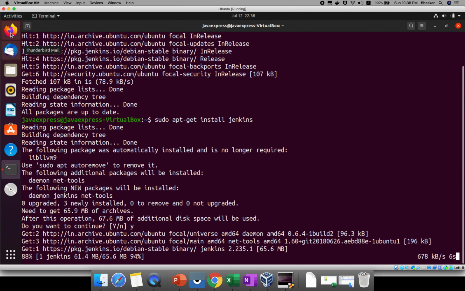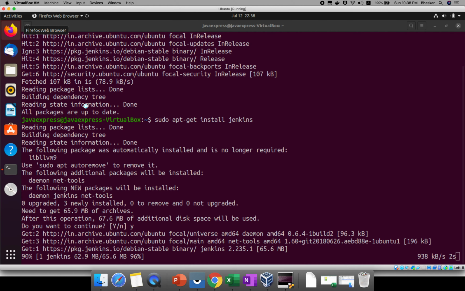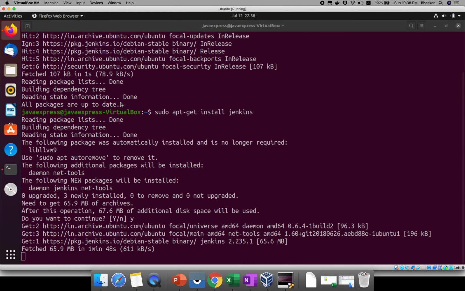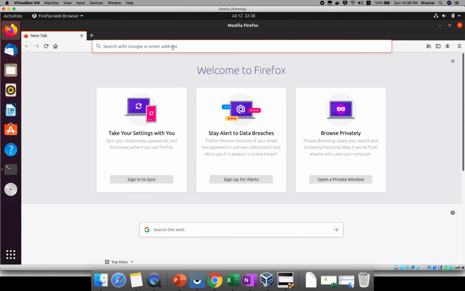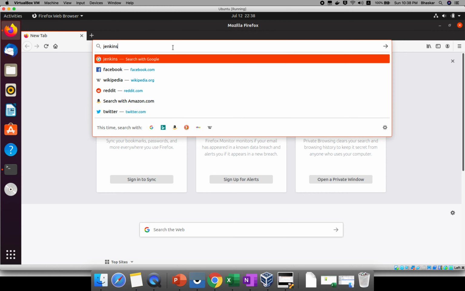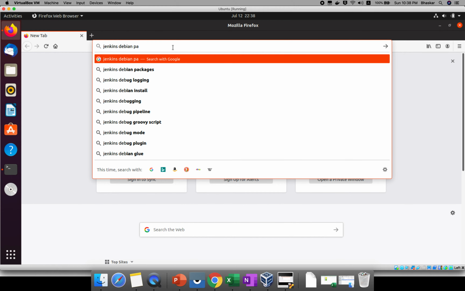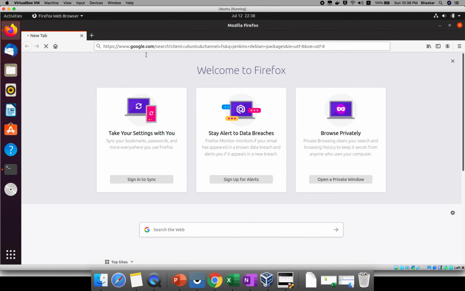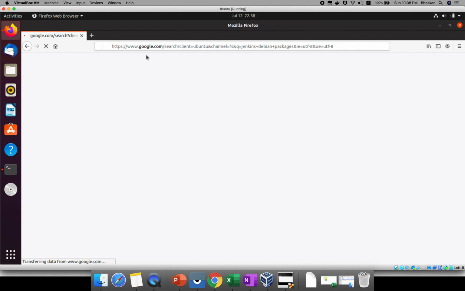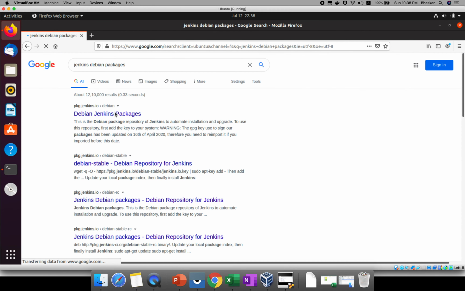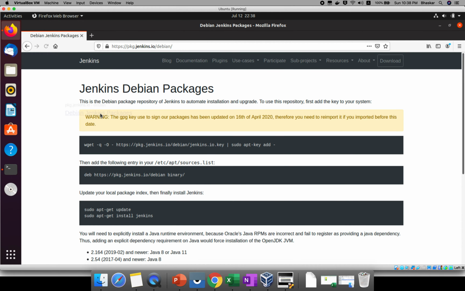If you want to confirm the repository URLs, you can search in Google, and I will show you how. Type Jenkins Debian packages, and you will get the URL. If you open this URL, you will get the packages.